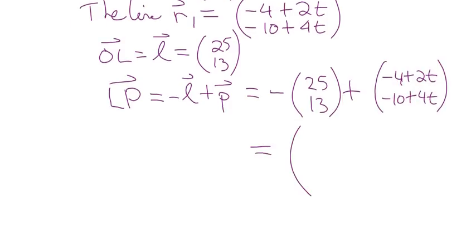Which is equal to, so negative 25 minus 4, negative 29 plus 2t. And negative 13 minus 10 is negative 23. Have we seen those numbers? Never seen negative 29, negative 23 anyway. Plus,